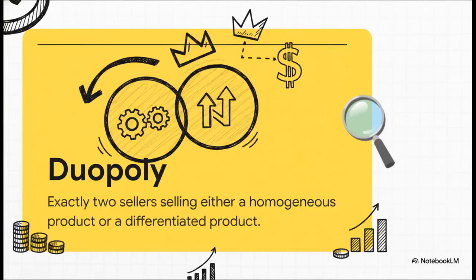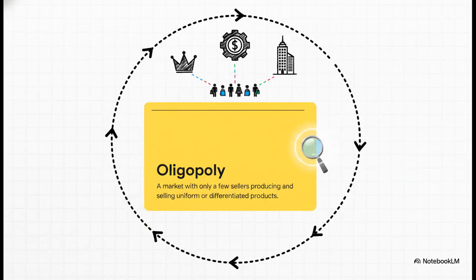No way around them. Step just slightly back from that total domination, and you hit a duopoly. This is a scenario where exactly two dominant sellers are running the show. Together, they basically enjoy a shared monopoly over homogeneous or maybe slightly differentiated products. The power is split, yeah, but it's still incredibly concentrated right at the top. Expand that circle just a tiny bit further, and we arrive at an oligopoly. This structure features a small, highly exclusive handful of elite firms. They are competing, sure, but their small numbers mean they still maintain massive structural control over buyers, dictating the terms for uniform or differentiated products.